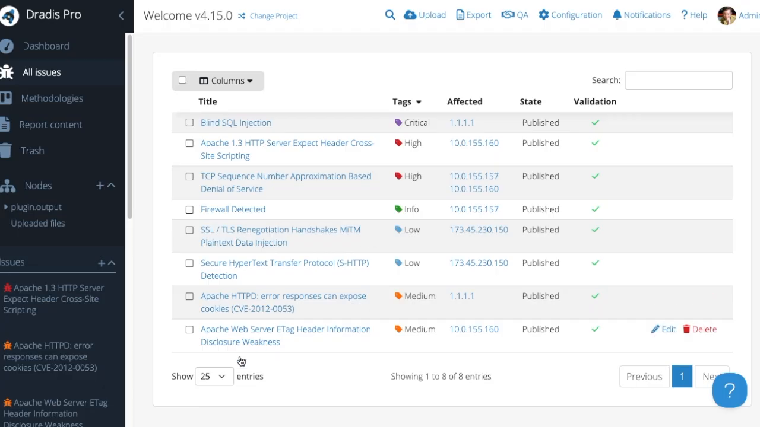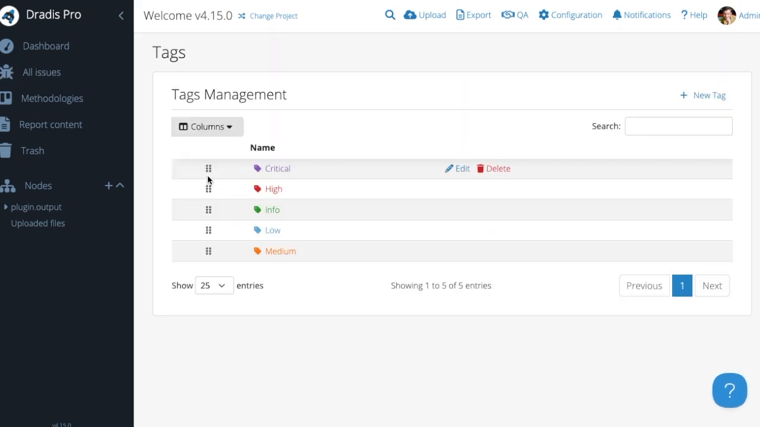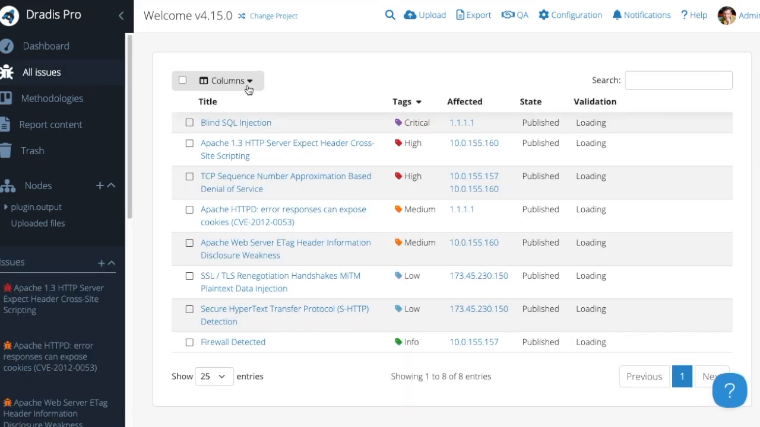Second, you can now set a custom tag order. Previously, the tags would display in alphabetical order when you sorted the All Issues page. On the Tags Management page, you can drag and drop the tags to change their order. This order will be reflected on the All Issues Sort page so that you can display the tags in an